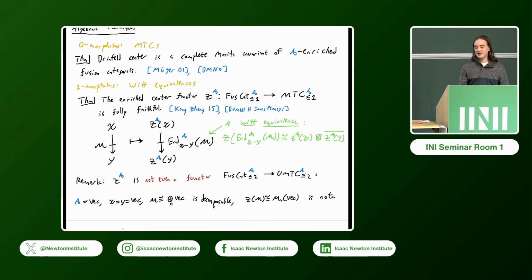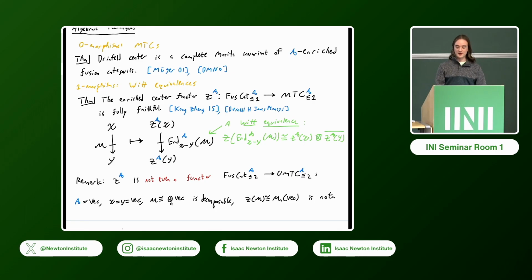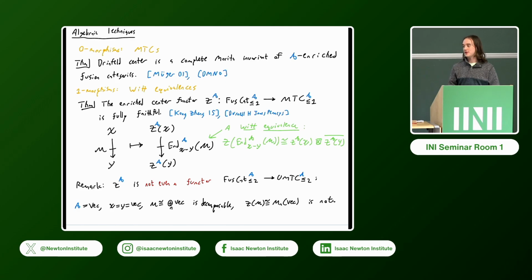And when I say it's a Witt equivalence, I just mean that the center of this fusion category is the Deligne product, essentially a higher version of the tensor product, of these two modular tensor categories. The center functor is fully faithful. This is, I think, the title of a paper by Kong and Zhang, and the details of transporting that and some of the related results that are needed to make what I'm going to say later effective, I did in some joint work with Burnell, Jones, and Penneys. Now, so far so good. The problem is that the enriched center functor, or even just the regular old center functor, is not even a functor